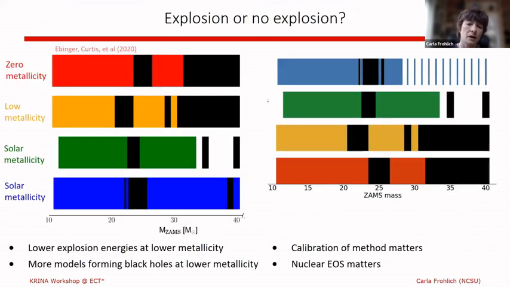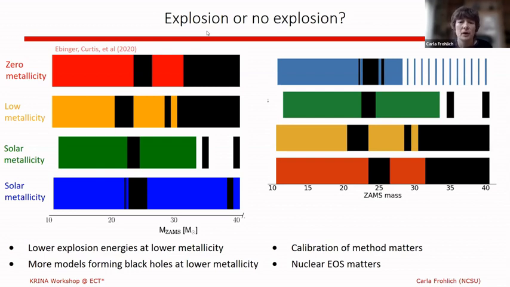So one of the first types of signals that we can predict is: does the star explode or not? So you have your calibrated series, you take different progenitor models, you explode them, or you run them through collapse, you watch what happens, and you color code whether it explodes or not. And so these two plots on the left and the right show you four series of progenitor models at different metallicities. Basically the color says, if at any particular ZAMS mass there's color, it means that model exploded, and if it's black, it didn't explode.